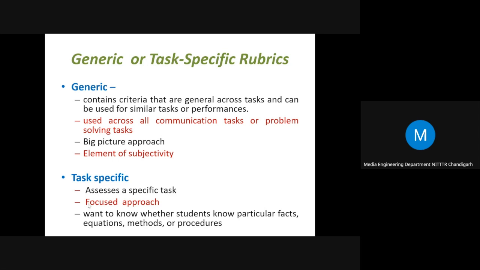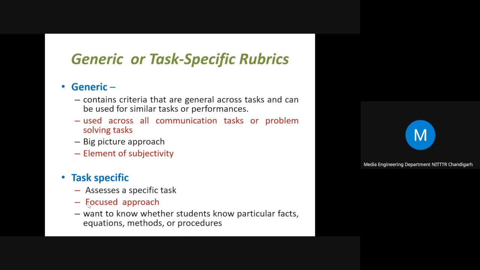For example, if we have a rubric which can be used to assess all communication related tasks or problem solving tasks, we say that it is a generic rubric. It will provide a big picture approach, so its performance descriptions or elements will be slightly general in nature. So there can be an element of subjectivity when this kind of rubric is used.